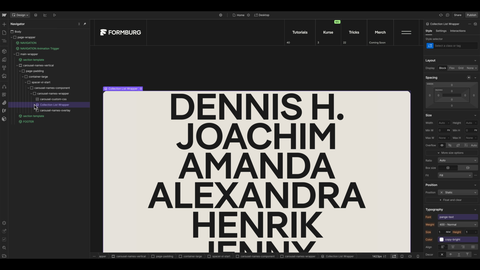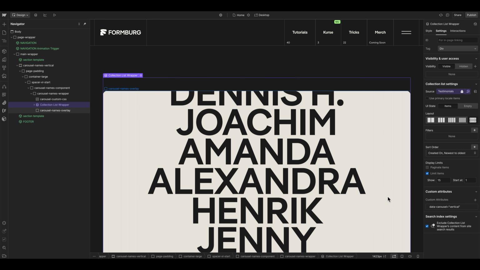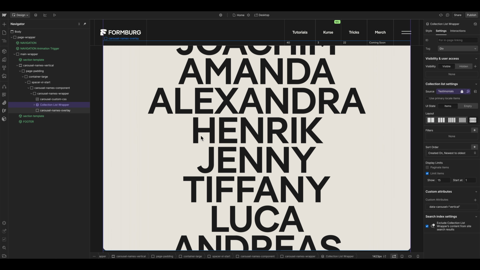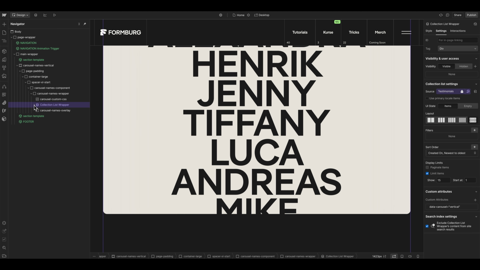And then we can basically use it on the, maybe collection wrapper. Add the custom attribute, insert it, and make it vertical. And this should start the marquee. The problem is if the words, or the 15 words, are ending, then there is an empty section. Like it doesn't look like in a carousel.